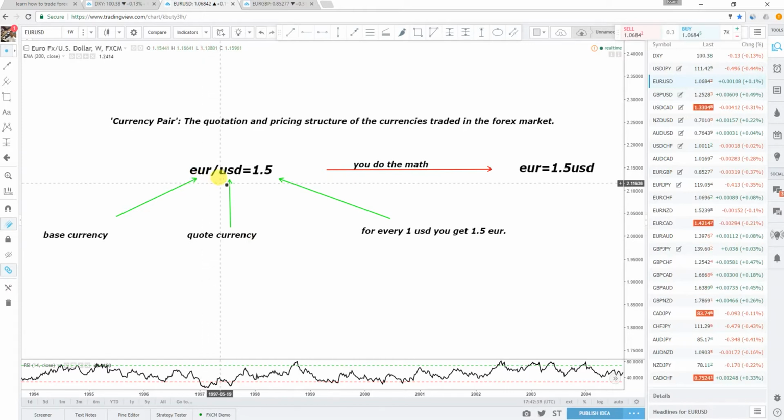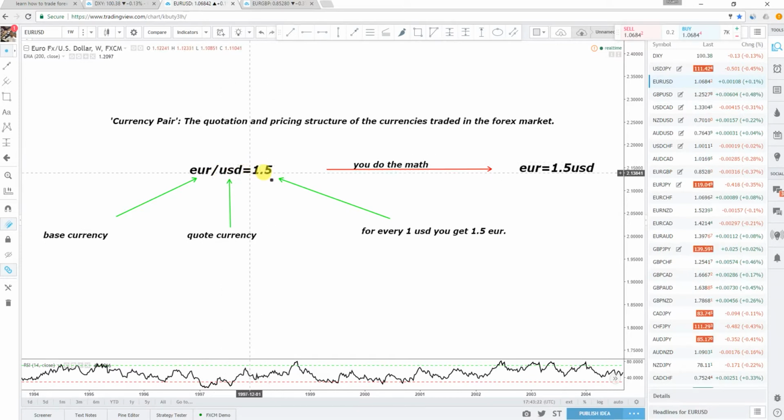So the representation of a pair of currency is always like this. The first one is the base currency, like USD. The second one is the quote currency, equal to 1.5. This is just for the sake of explanation, but the market now is saying USD equal to 1.06843. But this is just an example to facilitate the representation. So USD is the base currency, this is the quote currency, and this is